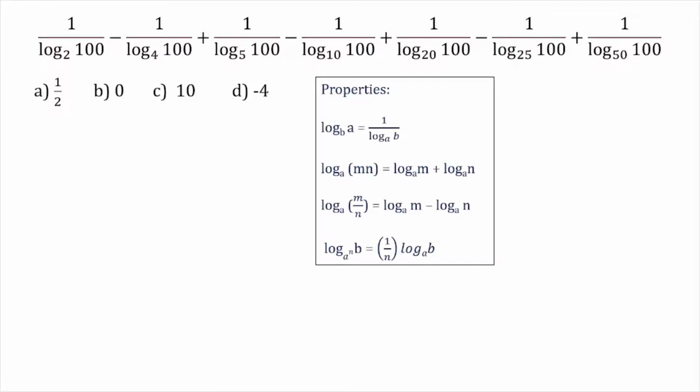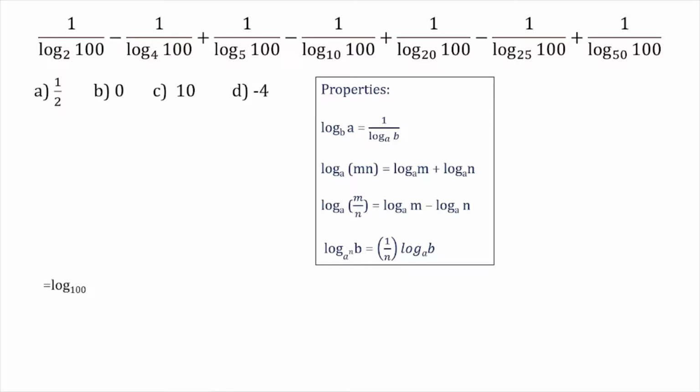Log a to the base b can be written as 1 upon log b to the base a. So with this property, we can write 1 upon log 100 to the base 2 as log 2 to the base 100. Similarly, all other terms can be written as well. So then you will get each logarithm with a common base, that is with a base 100. Okay, so let's see